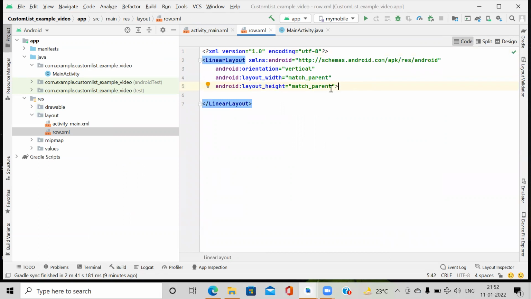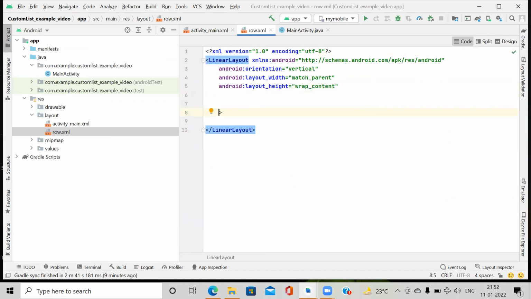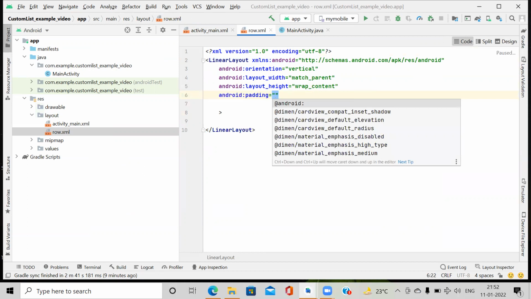Here the linear layout comes. Its width is match parent, and height we want wrap content. And we are giving some padding here, 16 dp.